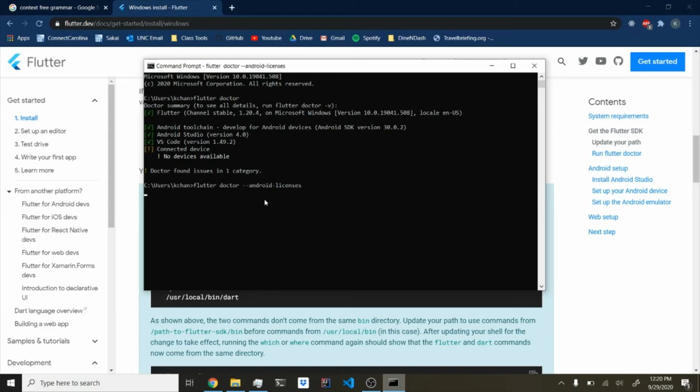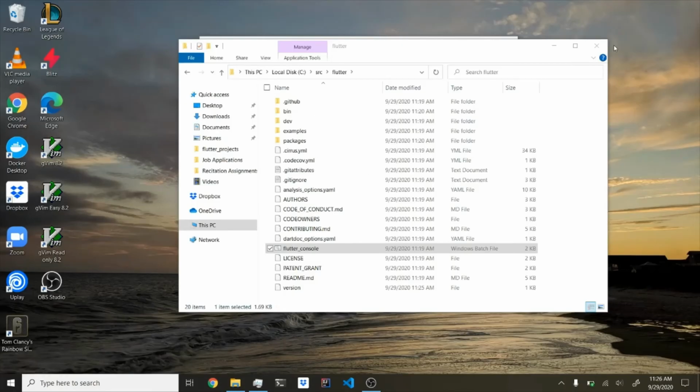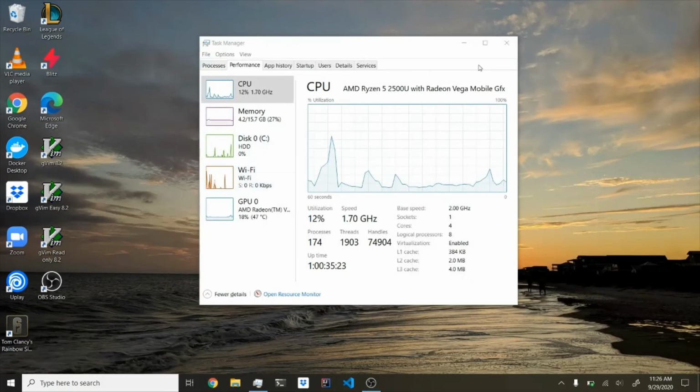It took me a little bit too much time, but when you run that, for me, nothing really will happen, but for you guys, it should make you start accepting each of the licenses. You just press Y and enter for each of them. After you're done and you run Flutter Doctor again, you should see Android toolchain checked off, and then VS Code will finish up by dealing with that final one. So you can go ahead and X everything out,